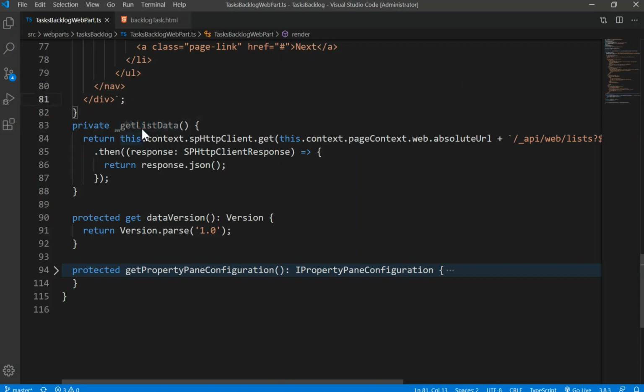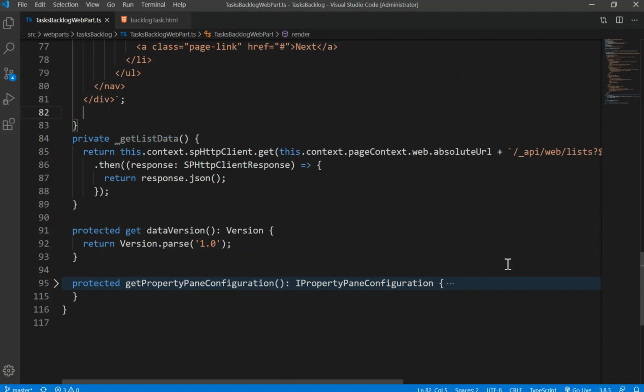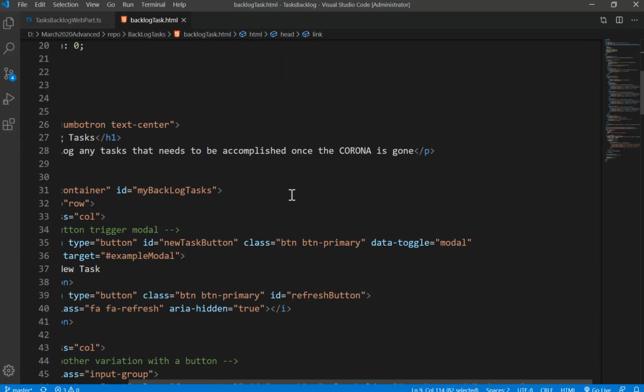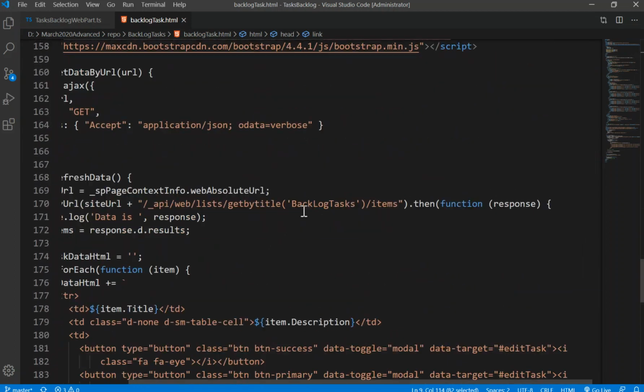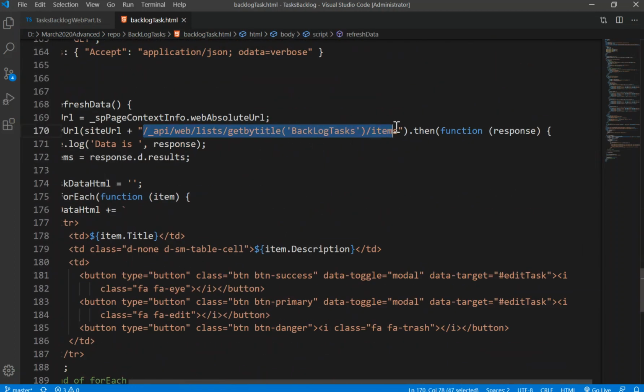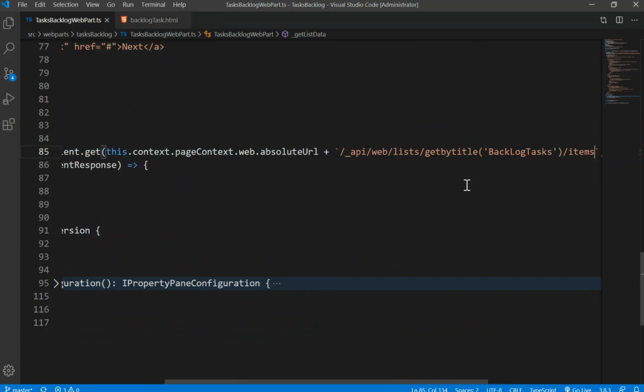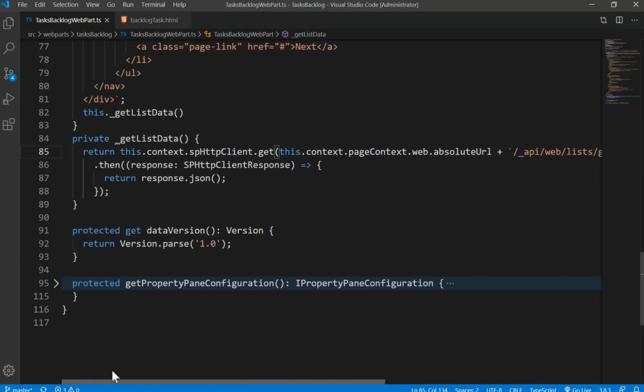ዴታውን ሎግ ላድርግ እዚህ ጋር. Right, I'm going to go share right here, get data ልበለው, I'm going to call get list data, which is that. Right, I don't need to pass in anything, but of course I have to pass in list name right here. Normally lists, ይሄንን አልጨረስነውም, by the way, lists get by title, right, the same ነገር ቅድም የተጠቀምነውን ነው መጠቀም ያለብን. By the way, list name ረስቼዋለሁ, which is the same guy. Right, I'm going to go grab that. Is the same REST API call ነው የምናደርገው. Once ካደረገ በኋላ ምንድነው ይሄ